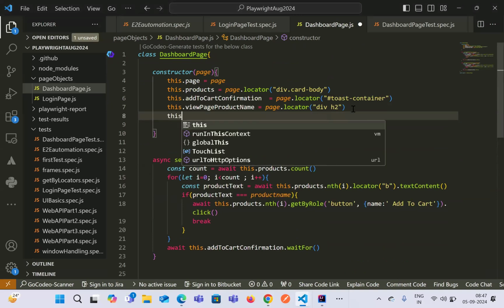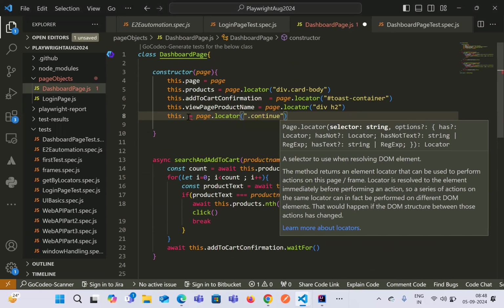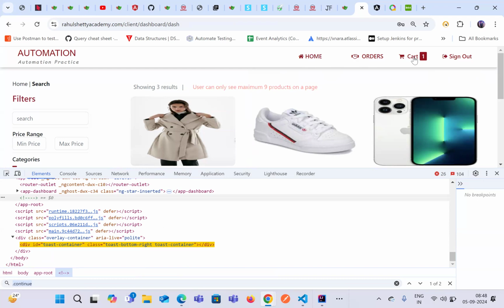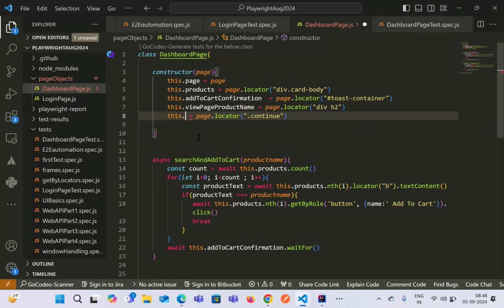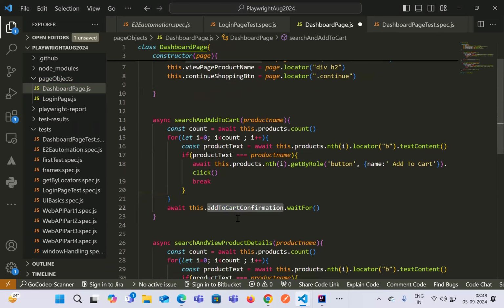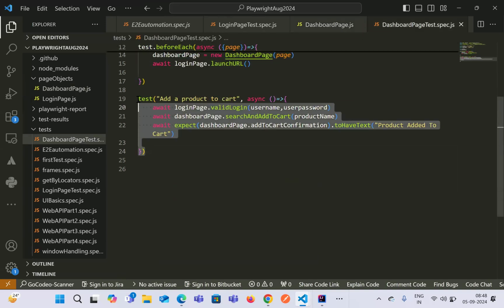So let's initiate this one, which is equal to page dot locator. We can say it as continue shopping, let's name it continue shopping button. Here we can say wait for this particular element to appear on the page. Wait for the element to display this value. That means as soon as it displays the values, we will be sure that this has moved to some other page. And here again, we can write another test case, which will be